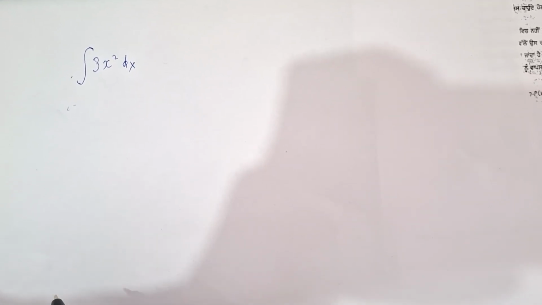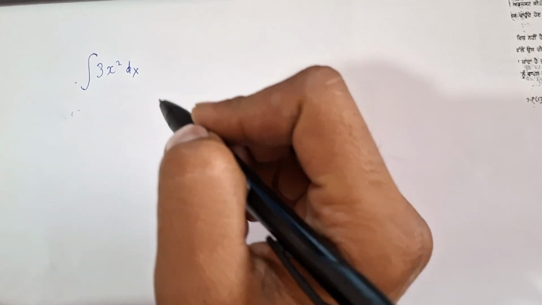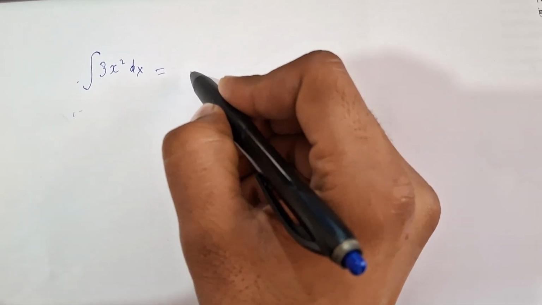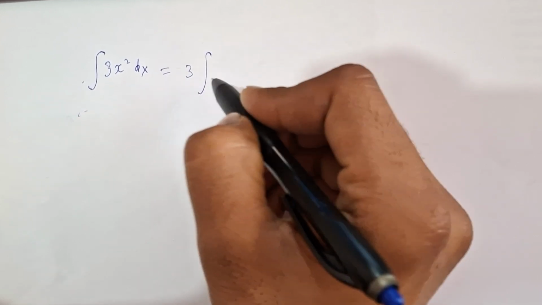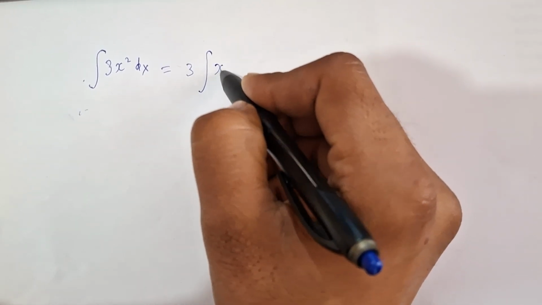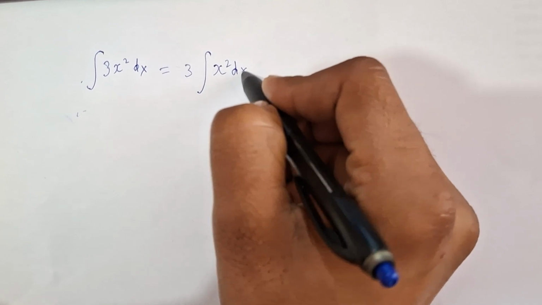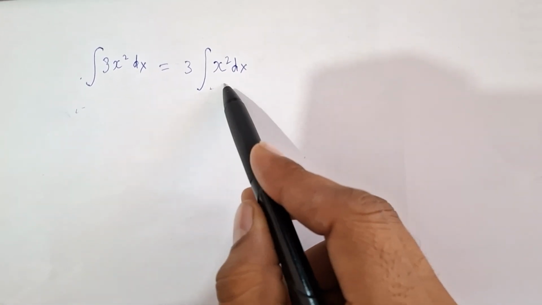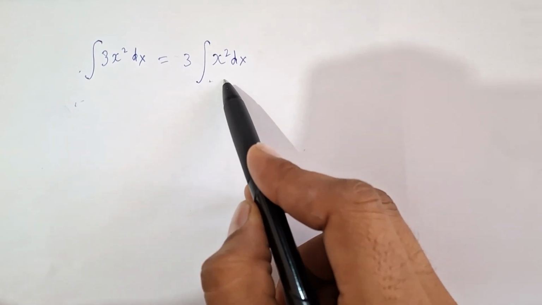How to solve this integral 3x squared dx? First of all, we know that the 3 is constant, so we can take it out from the integral, okay? It will be left with x squared dx, okay? After that, we know that to solve this, we will apply the power formula of integration, which is